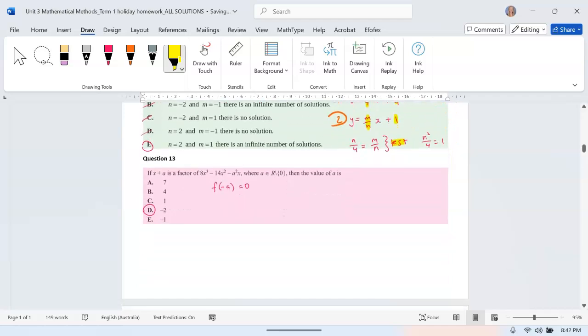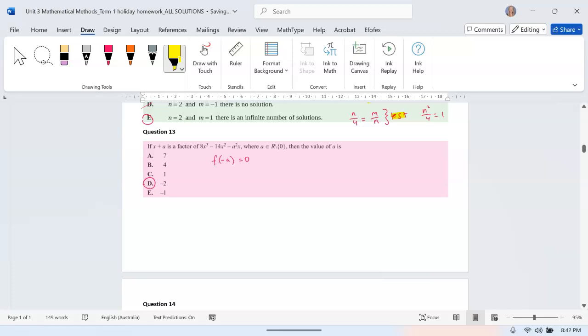All right, moving along. Question 13, if x plus a is a factor of blah, blah, blah, where a is an element of any real value excluding 0, then the value of a is. All right, so basically just using the factor theorem here. So if x plus a is a factor, that means when we substitute in -a, your function is equal to